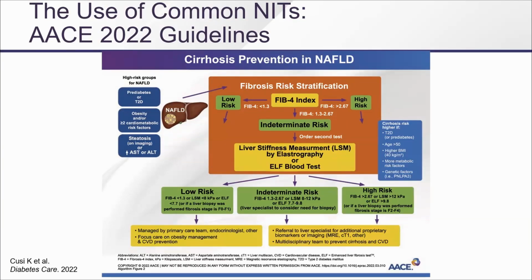If it's above 2.67, right over to GI. They have advanced fibrosis. And in between, do a second test. And that can either be done if you have a place that will do open access FibroScan. We do open access FibroScan. You don't have to have a GI consult to have a FibroScan. Just do the FibroScan. Or if they come to my office and they're not fasting, I send the ELF. Sometimes I do both. And then you can rebucket them, low risk, ELF less than 8, FibroScan less than 8, back to primary care.